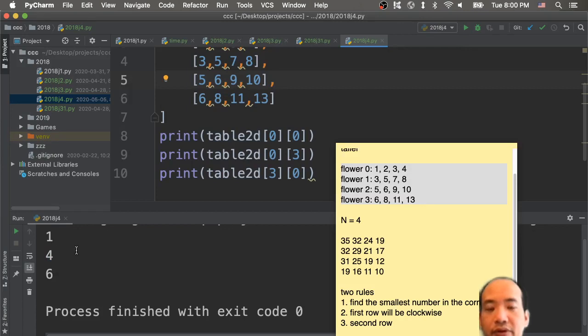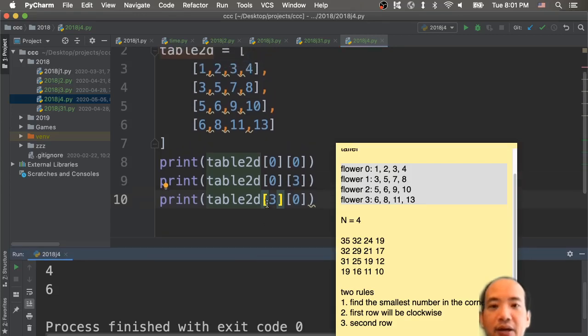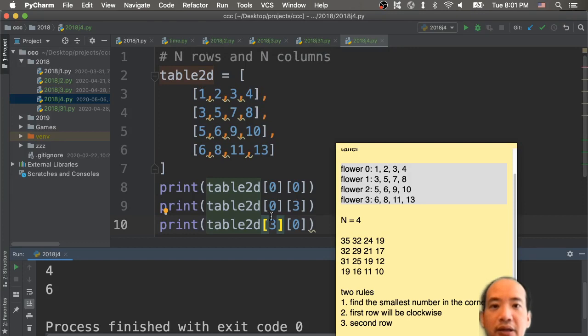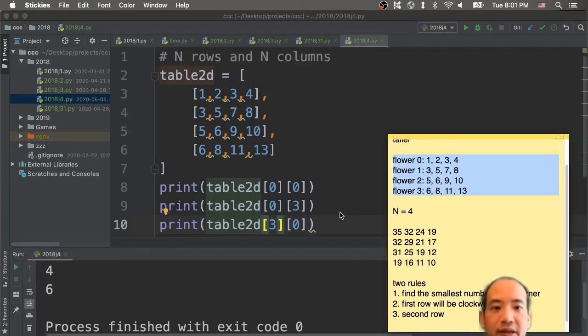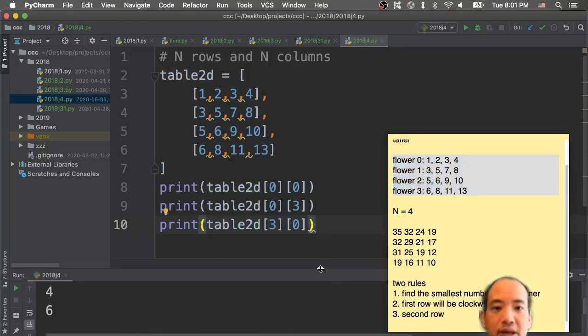Okay, 1, 4, 6. Okay, I want to have the last corner, this value. You know what I'm talking about? I want to have the right bottom corner, this value. So which statement can I do to print it out to get 13? If you know the answer, please put it in the chat box so I know you fully understand what we did here. So let me know the answer, your statement, how to do something called print table 2D